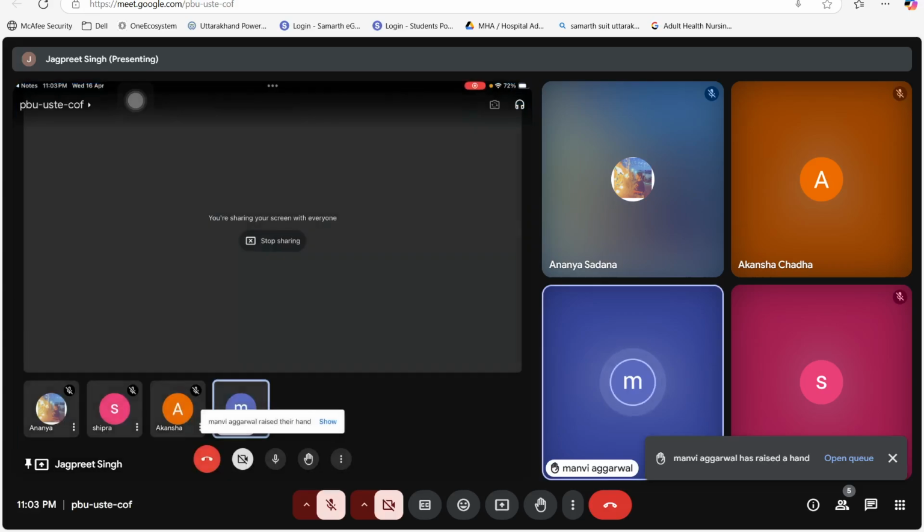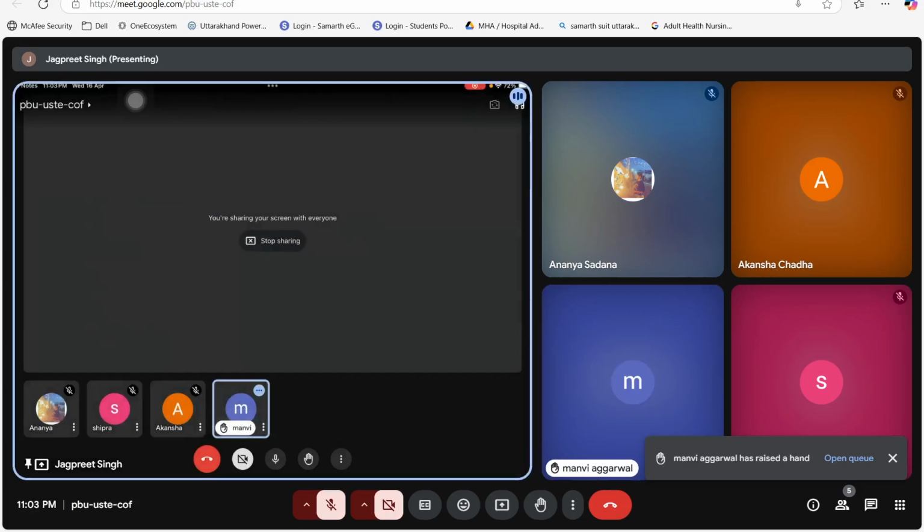सर, स्क्रीन नहीं आ रही है आपकी ना? स्क्रीन, अच्छा, शेयरिंग,